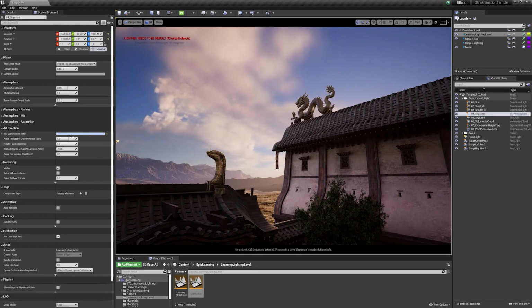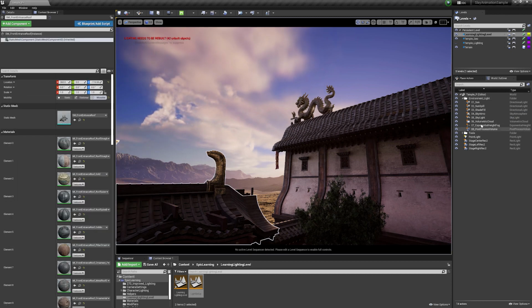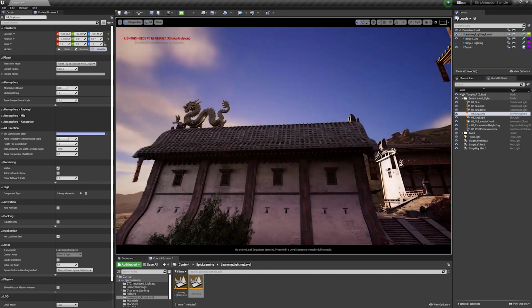So let's open up the sky atmosphere. We're going to go into the art direction panel. This is going to be somewhere that you want to play around with. In oil painting, a lot of times you can start out with the terrain and finish with the sky. If you start with the sky, oftentimes what can happen is your sky ends up far too blue and looks a little bit too comical for the scene. So we want to take that idea into the digital world, into the engine.